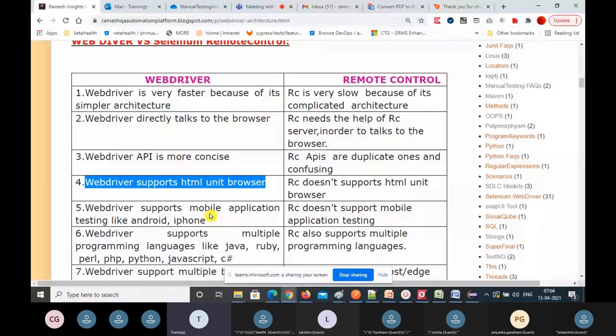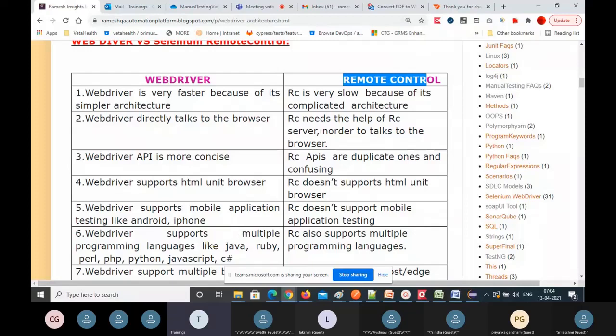But now it's separated, and they gave it to the Appium tool to do mobile application testing. And RC doesn't support mobile application testing. RC is not going to support this at all. That's why this tool is deprecated. Nobody uses this tool now. If old test cases are there, they can run their test cases using this tool.